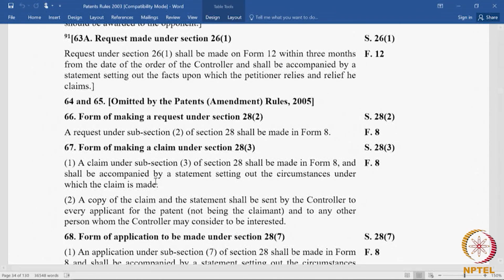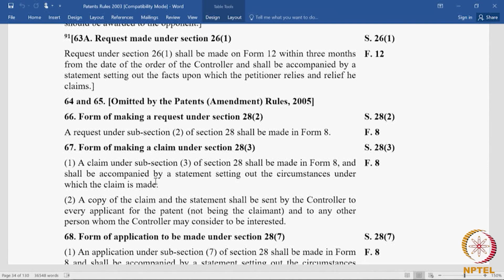Request under section 26(1) shall be made in form 12. Form 12 within 3 months from the date of the order of the controller, and shall be accompanied by the statement setting out the facts upon which the petitioner relies and the relief he claims. Form 12 is for request for a grant of a patent under section 52(2). Rule 63A tells us about the request to be made under section 26(1). A request under section 26(1) has to be made under form 12 within 3 months from the date of the order of the controller